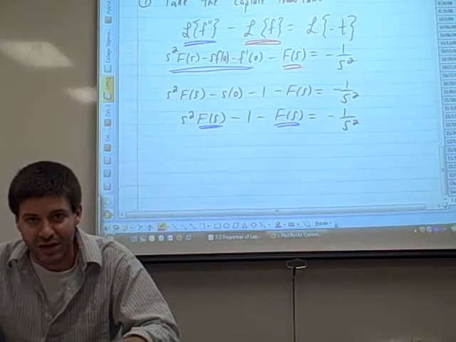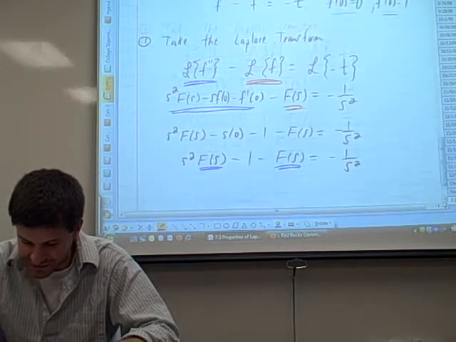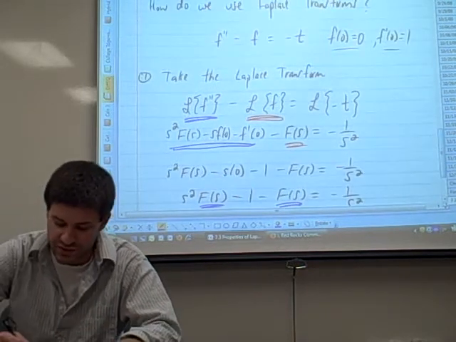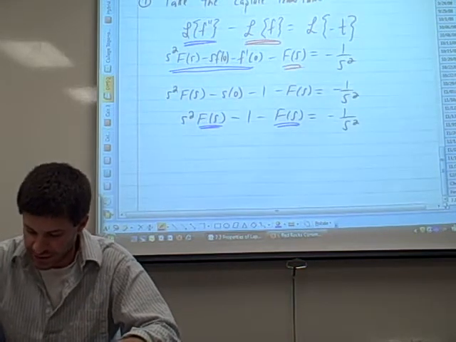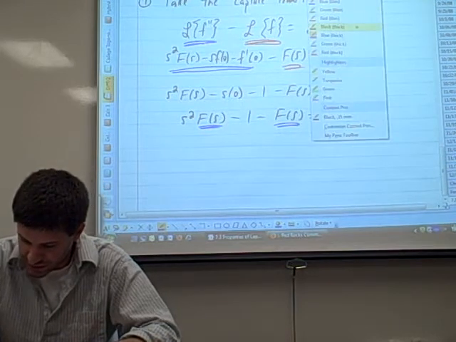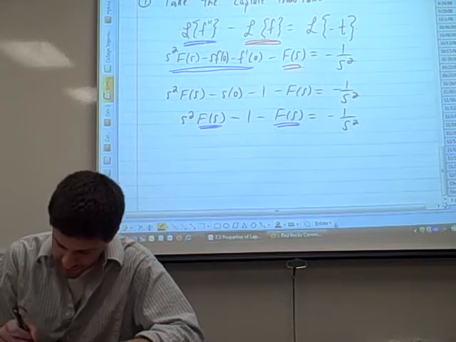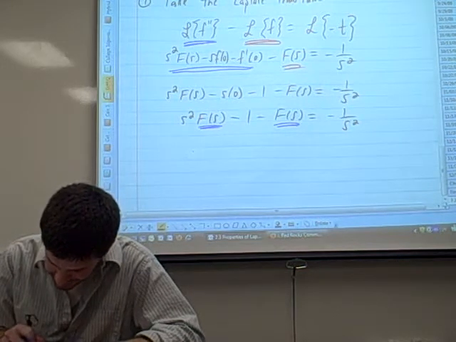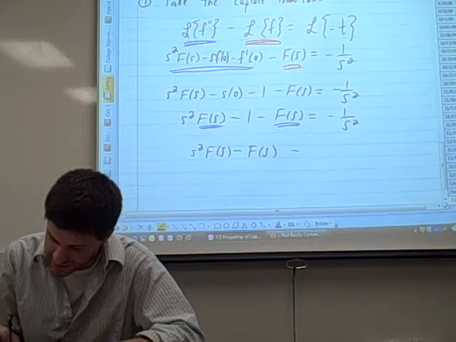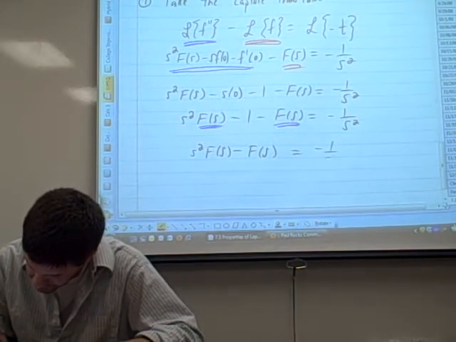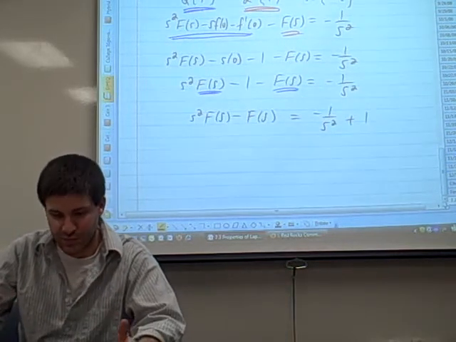Now keep in mind that means the Laplace transform of little f. Now little f is actually what we're trying to solve for in this differential equation. Little f is our goal. That's what we're trying to find. So what I propose is solving this purely algebraically for capital F. Which would basically mean, I'll do it in a couple of different steps, getting all the capital F's on one side of the equation, factoring out a capital F,